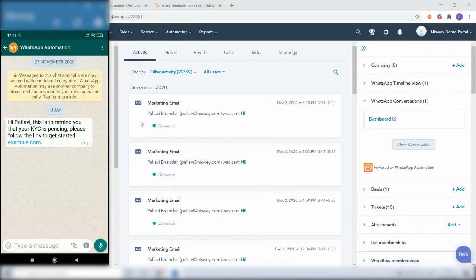So as you can see, I had not opened this email, and now after a minute I have received the notification on WhatsApp. I can see the link, so I can follow the link and now get started with the KYC process.